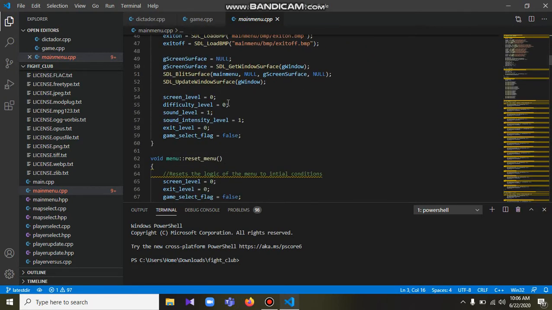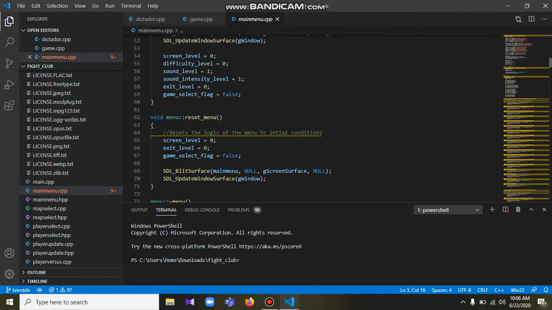Then we have these logical attributes of the screen itself. For example, what flag is selected, the play button is selected or not, what level of exit it is, what the sound intensity level is, and what the difficulty level is. So these are the attributes which decide the logic of the main menu itself.